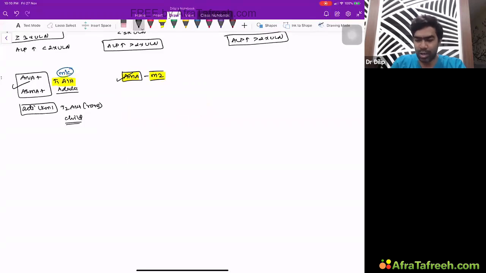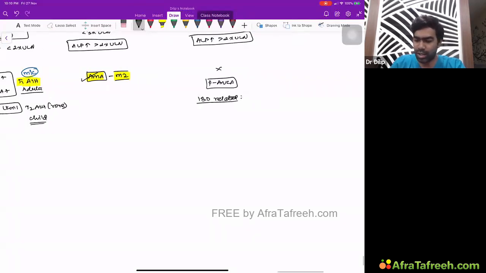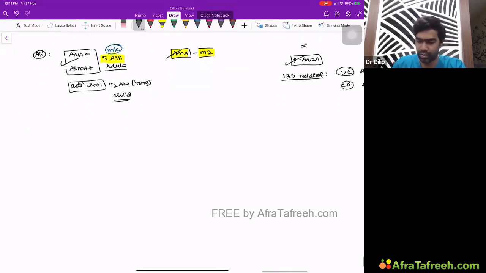And antibodies are not that important in patients with primary sclerosing cholangitis. But if at all you want to see, you can see P-ANCA in certain individuals. But remember, you can see IBD-related antibodies. You know what the IBD-related antibodies are? In ulcerative colitis, typically you will have ASCA negative and P-ANCA positive. In Crohn's disease, you will have ASCA positive and P-ANCA negative. So these are typical IBD antibodies, but that is not really important for us.